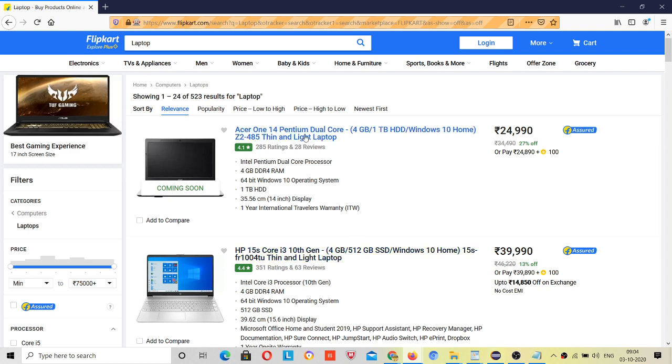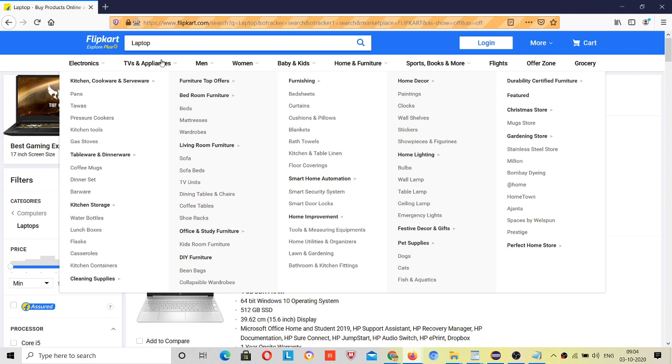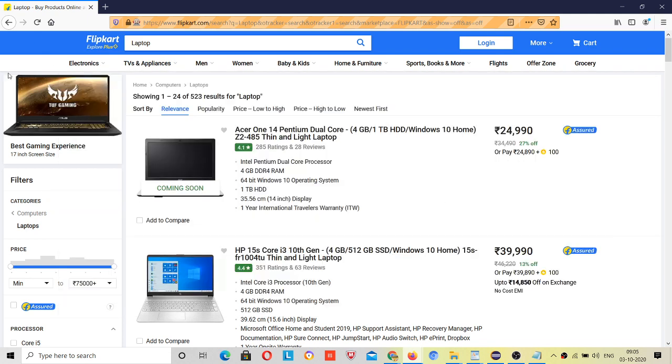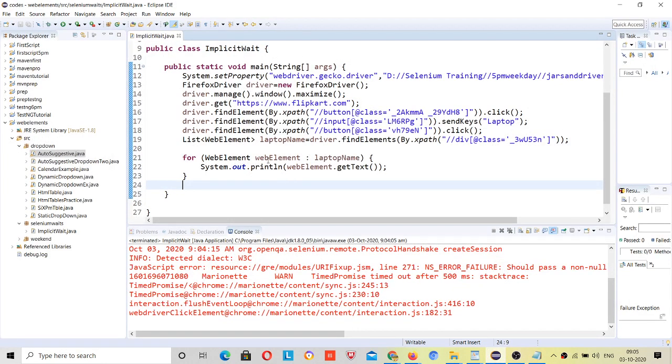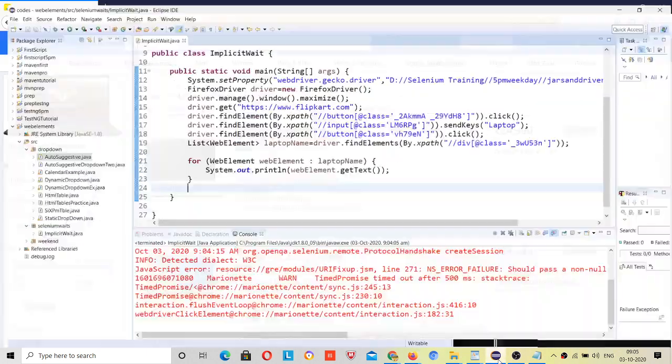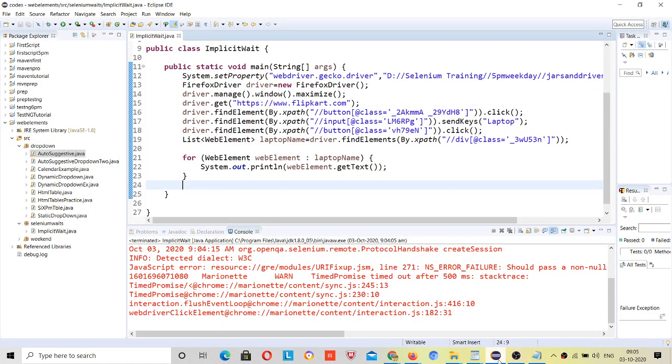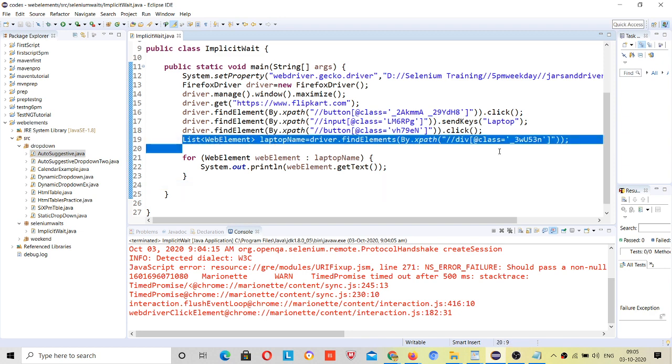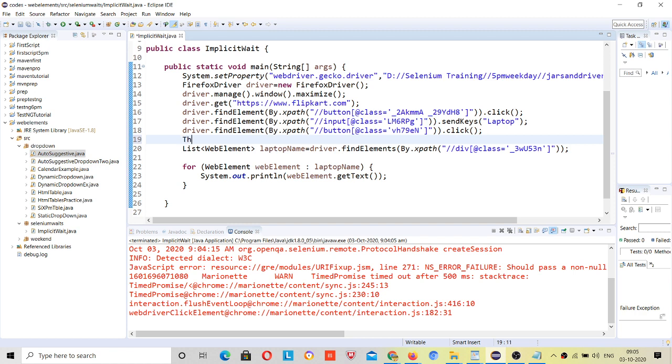See, once I clicked on this button, it took some time to load all the values, right? Although those were milliseconds, your code will not wait for that time, right? So the list will store nothing, the list will be empty. Although the result will be returned after some milliseconds, the list will not take a single second of waiting time, right? So after clicking, you need to give some Thread.sleep here,